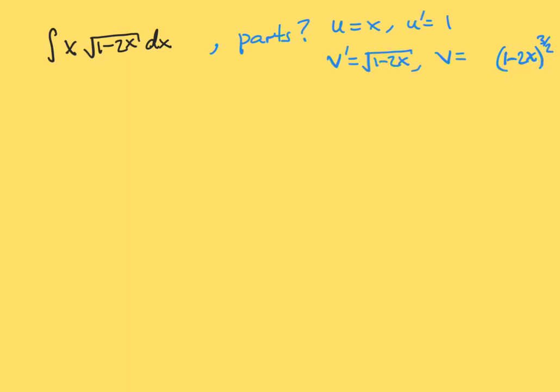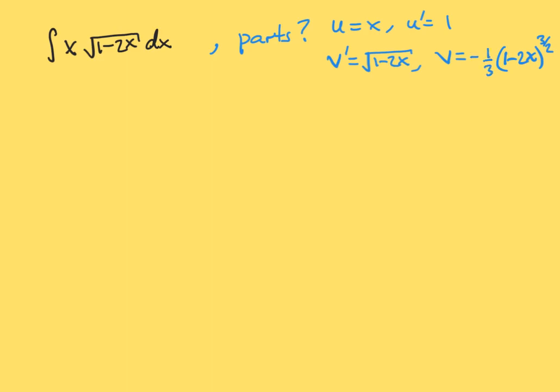So if we differentiate this, we're going to pull a factor of 3/2 in front, reduce the power by 1 to a half, so we'd have the square root of 1 minus 2x, which is excellent. And then we would also multiply by the derivative of this, which is minus 2. So the numbers that we're going to get are 3/2 times minus 2 when we differentiate this. So that the half and the 2 will cancel, and overall we will get minus 3. We don't want minus 3, we just want the root. So we can fix this by saying that the integral of v prime is minus